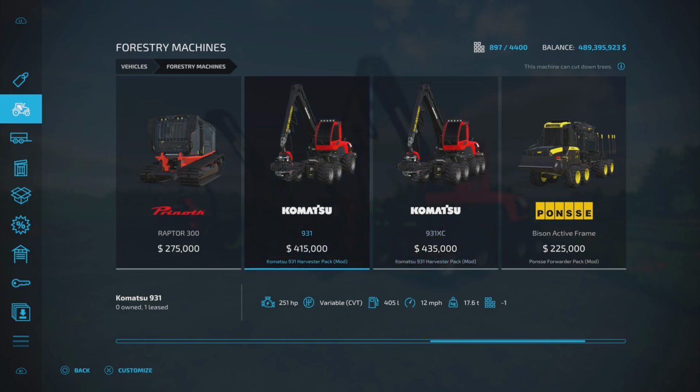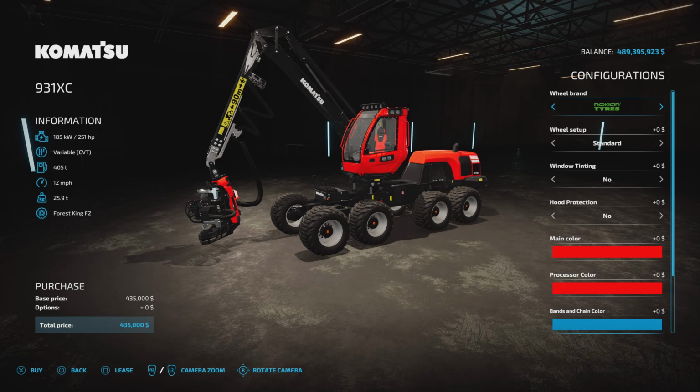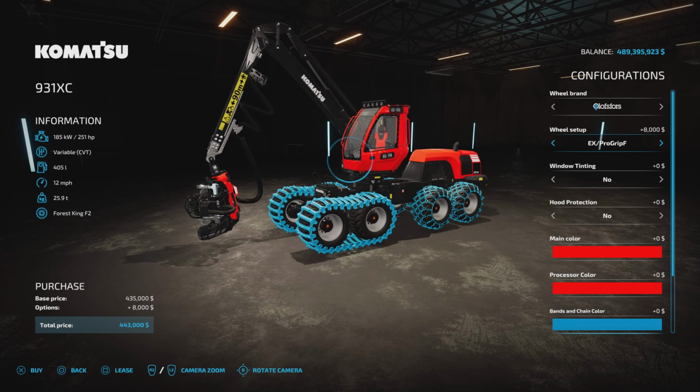And like I say, the options are the same on both. It's just the difference in the amount of axles, really. So we'll have a look at, what does it really matter, the 931XC, I guess. We've got the option of knock-in with a standard or a wide. We've got Trelleborg with a 428SB, 422SB, or the T2000 Special. And then FS22, we've got all the various different